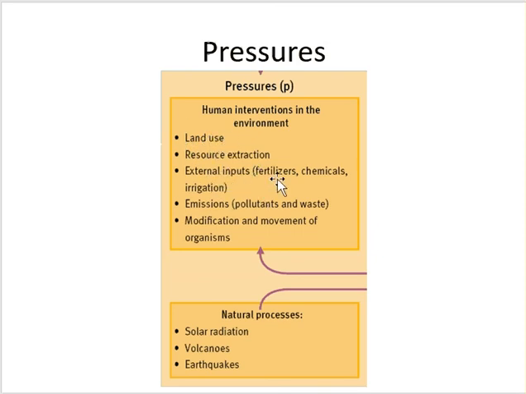Pollution through external inputs, things like fertilizer, chemicals, irrigation, and pollutants and waste from emissions, they are all putting pressure on the environment. And finally, modification and movement of organisms, invasive species. As humans move species around the world, intentionally or unintentionally, they are going to put pressure on natural ecosystems, both the productivity and the composition